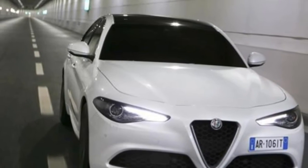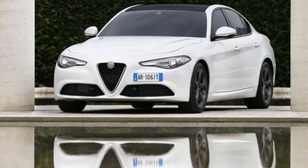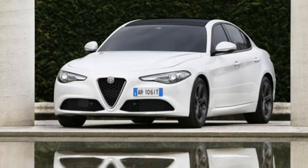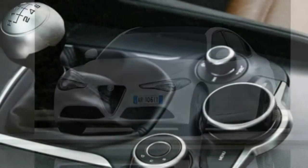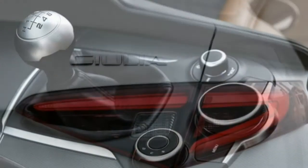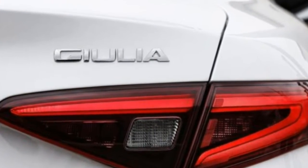As the successor to the 159, the Alfa Romeo Giulia has quite a job on its hands. Not only is it the famous Italian firm's first model on its new modular platform, but it's also charged with rescuing a company that has found its sails firmly in the doldrums. To do that, this attractive four-door saloon is going to have to win the hearts and minds not only of